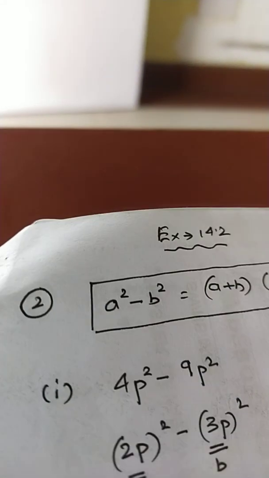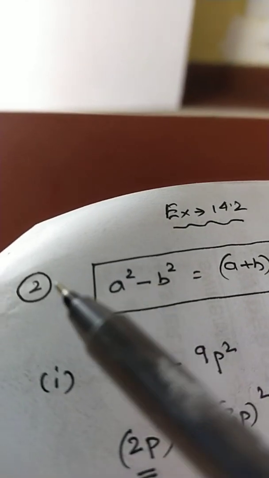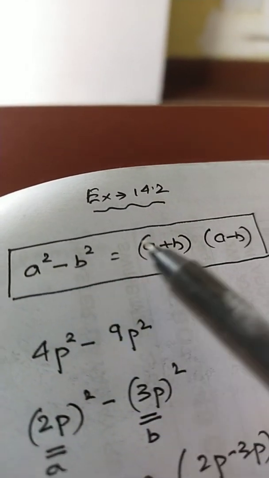Hello students, now in this session I will explain question number 2 of exercise 4.2. Okay, so let's begin with sum number 1 of question number 2. Now before that, you have to know that for question number 2, we'll use this identity, that is